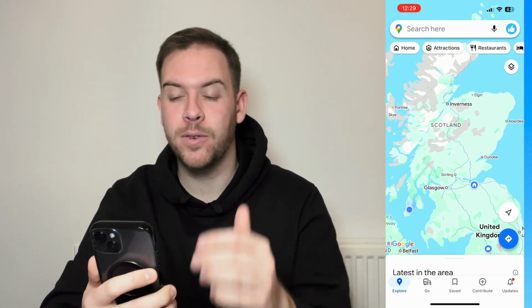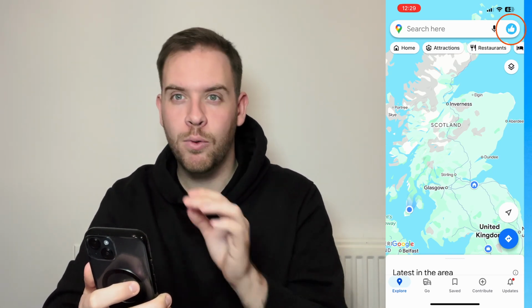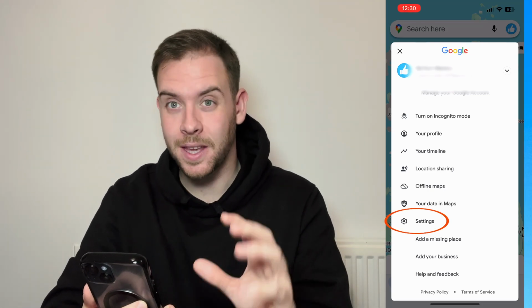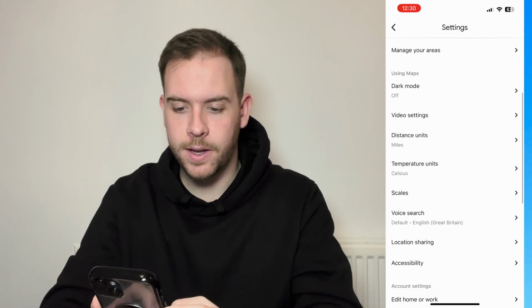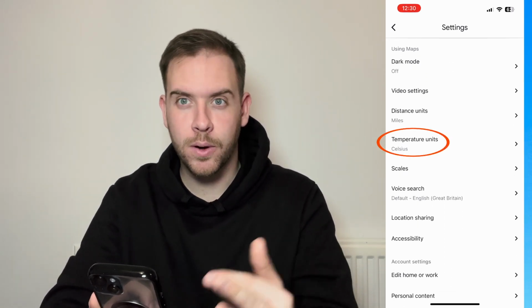Anyway, I'm on my iPhone, I'm on Google Maps. Go up to the top right of Google Maps and you'll find a profile picture. Click in there and then go down to the bottom. There's a gear icon that says settings. Click in there and scroll down until you get to the using maps feature, and basically the fourth option down,